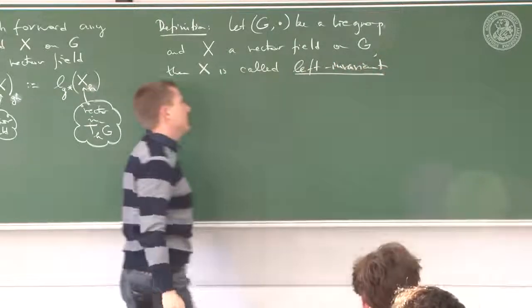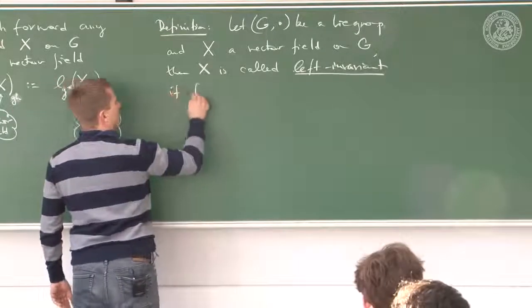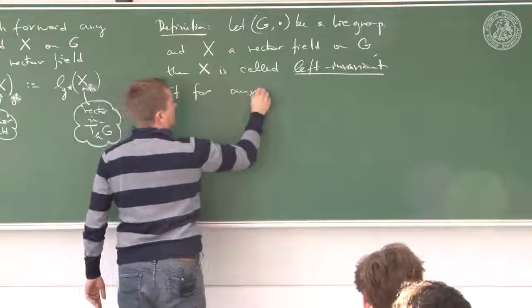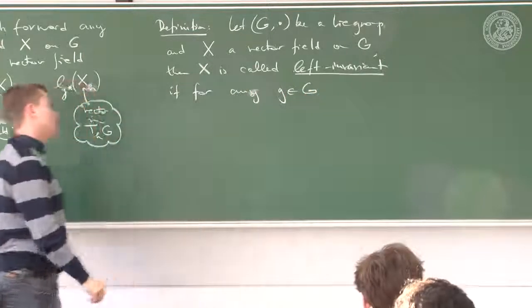It's called a left invariant vector field if for any g in G that I choose,